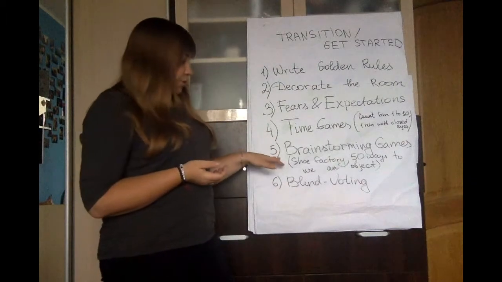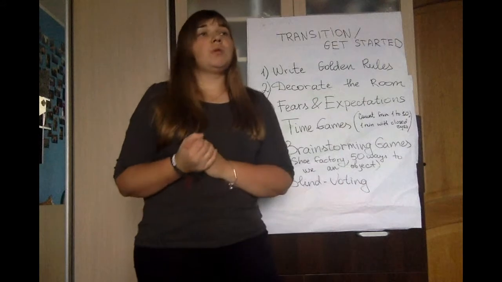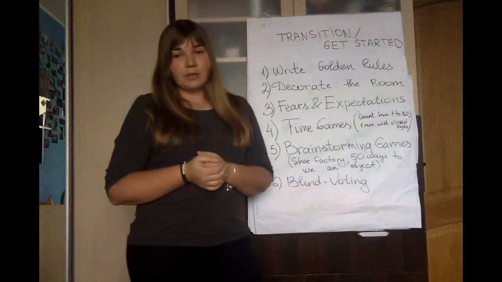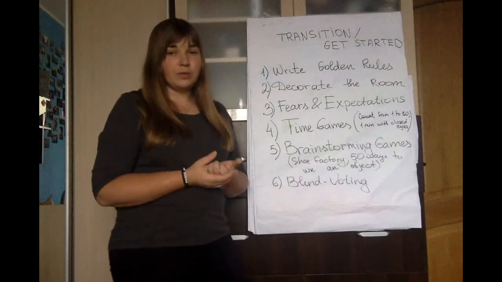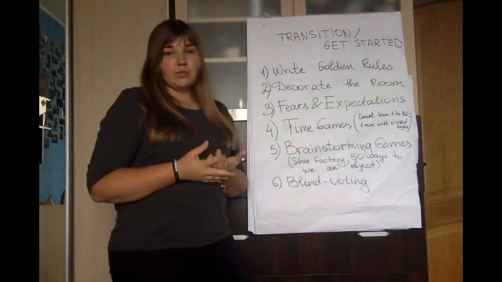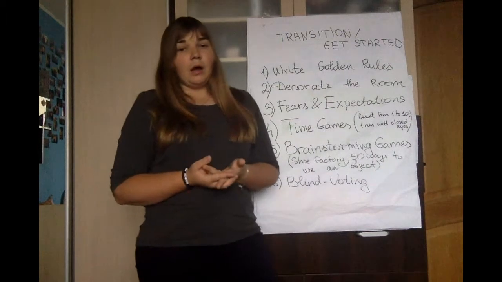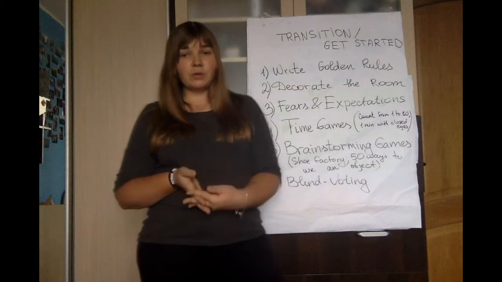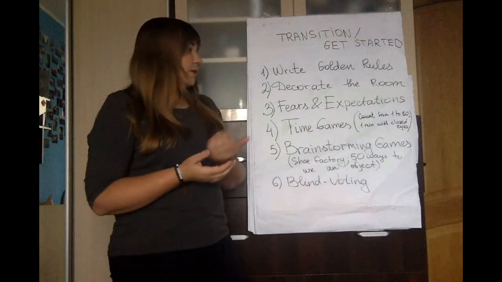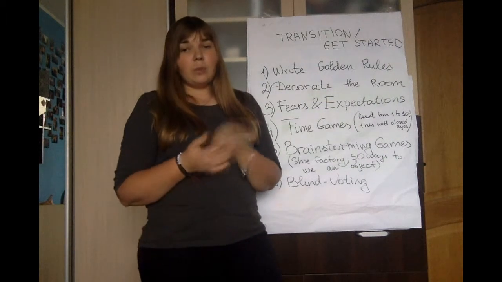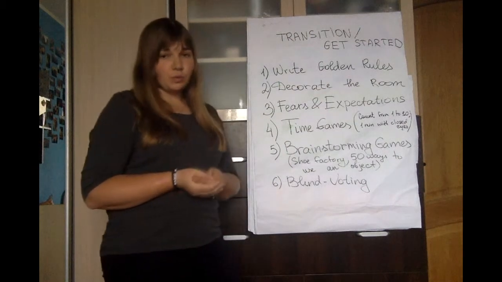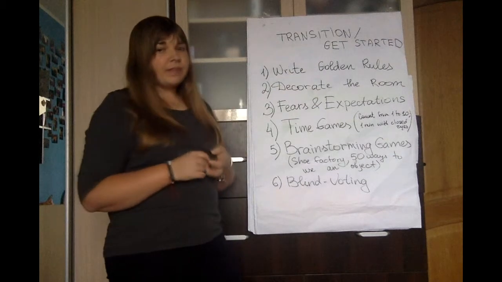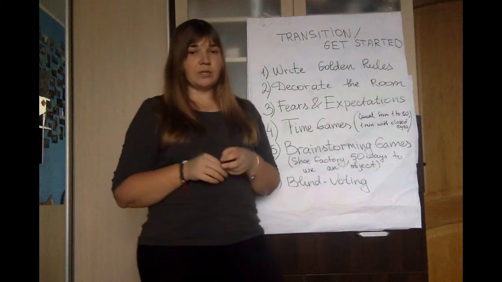You can also play some brainstorming games, for example, Shoe Factory, when you tell delegates a story that there was a shoe factory which produced 1,000 left shoes, and now they need to do something with these shoes. And delegates need to come up with as many ways as possible to get rid of these shoes. And you can also play 50 ways of using an object, when you give your delegates just some random object, and they, one by one, tell you one way how they can use this object. Actually, this will literally turn on their brains and make them more efficient during early stages of committee work.